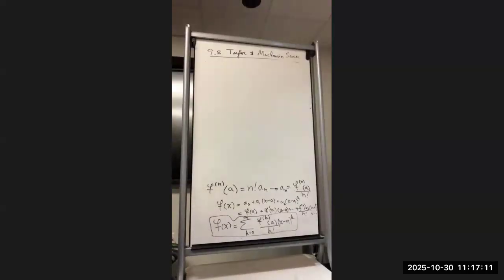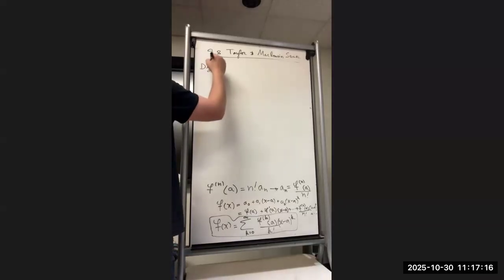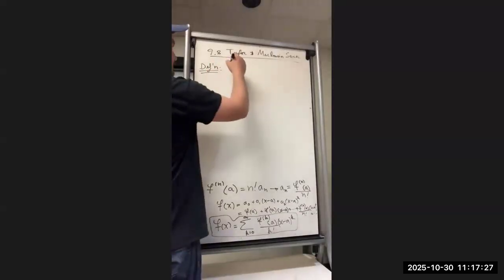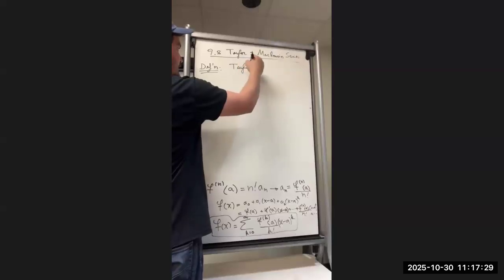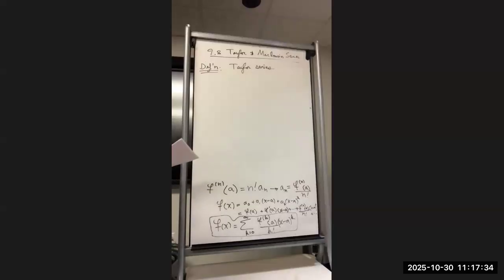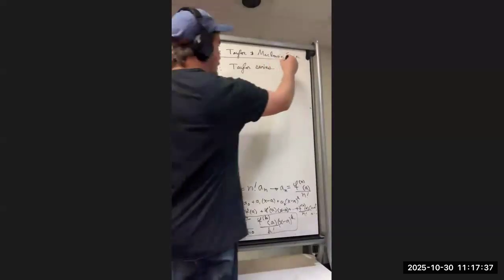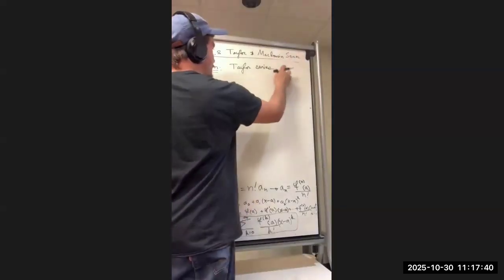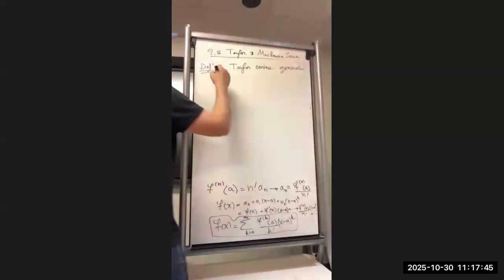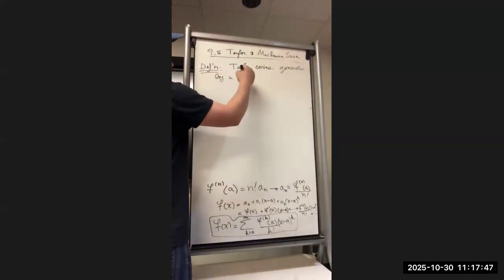First off, what we just derived, that was a derivation, which maybe if you're in a physics class, you're familiar with derivations. They like to derive things at you all the time. We just derived the definition of a Taylor series. So what is the Taylor series? The Taylor series, or I guess what the terminology is, generated by a function